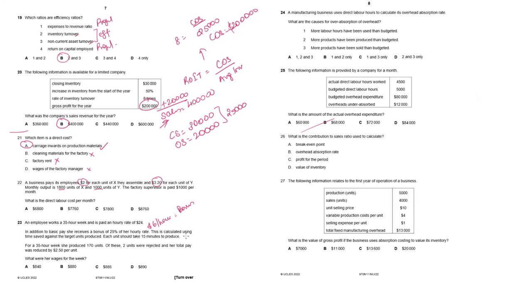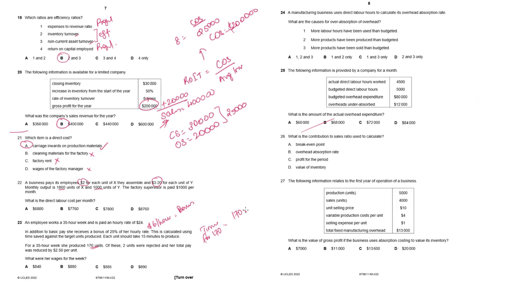This is calculated using the time saved against the target unit. So whatever time is saved, that many hours into $6 will be her bonus. Each unit should take 15 minutes to produce, fine. For a 35-hour week, she produced 170 units. So if we take 170 and try to find out how much should be the time taken to produce these 170 units, so time for 170 units,